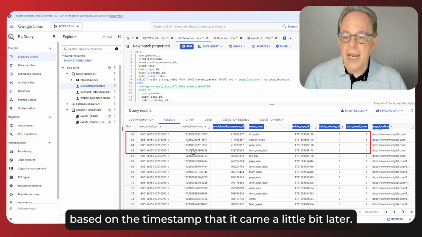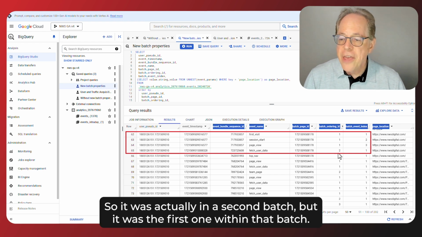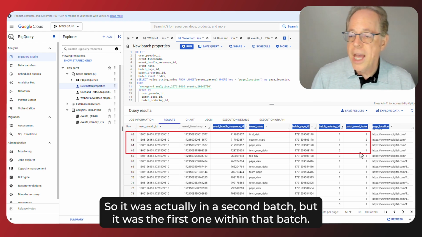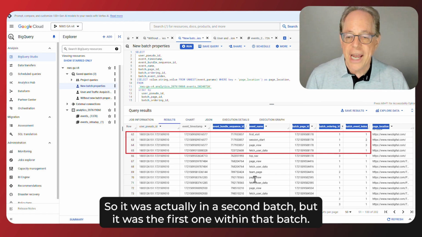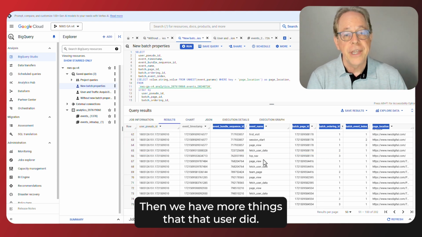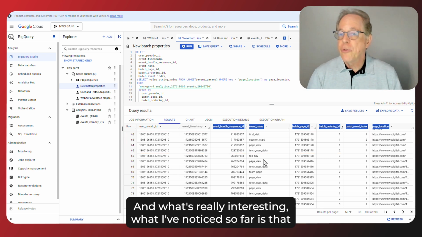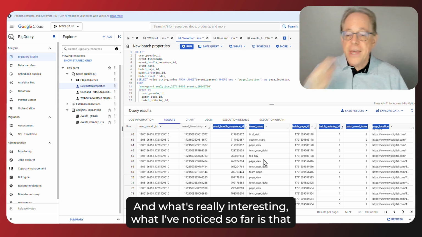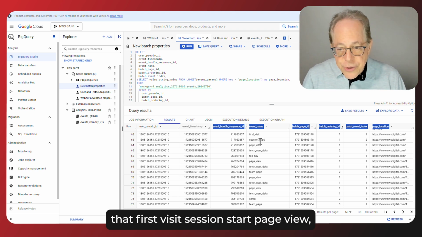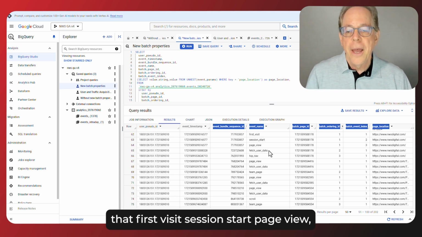Based on the timestamp, it came a little bit later, so it was actually in a second batch, but it was the first one within that batch. Then we have more things that that user did. And what's really interesting, what I've noticed so far, is that that first visit, session start, page view, we have